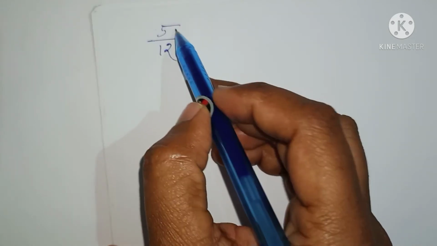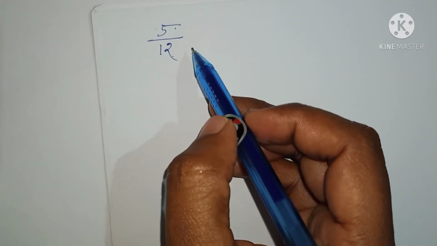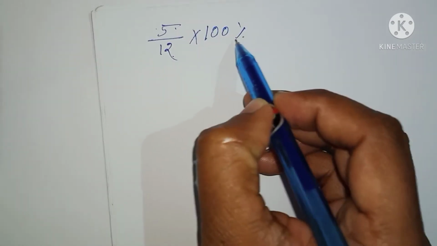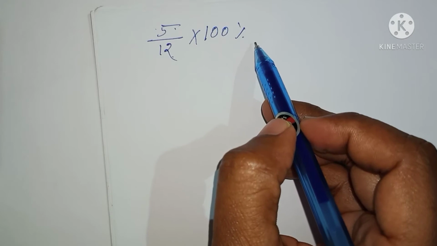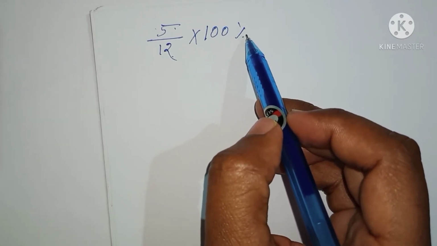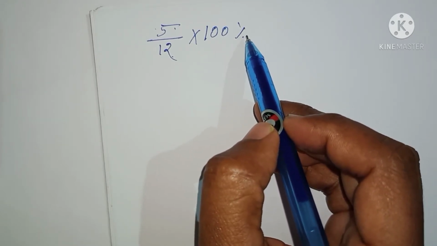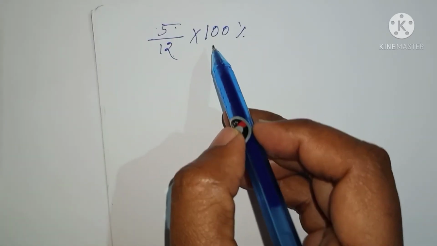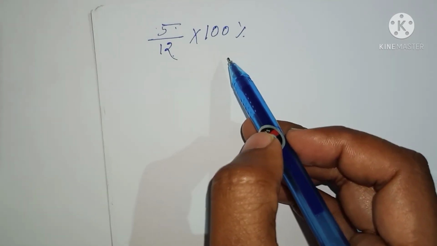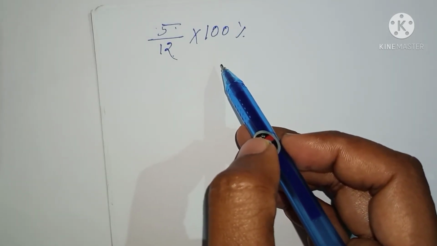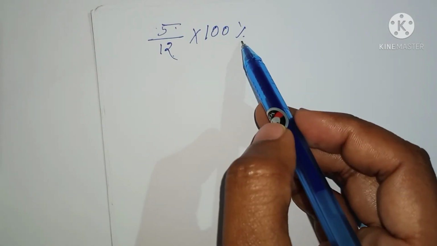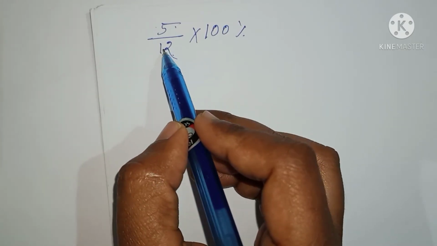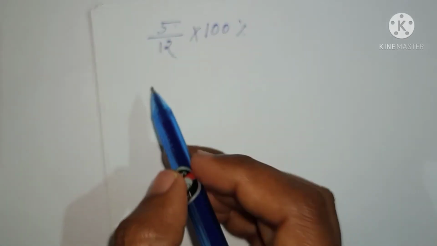See one more example, 5 by 12. So how can you do it easily? See, directly you can multiply by 100%. Percentage means, already clear, percent means 1 by 100. Instead of writing that directly, we have written here 1 by 100. For making an equivalent fraction, we have to multiply 100 in the numerator and 100 in the denominator. Then you will get the equivalent fraction. But 1 by 100 we already know is the percentage. So now if there is any cancellation, you can cancel the numbers, then you'll get the answer.